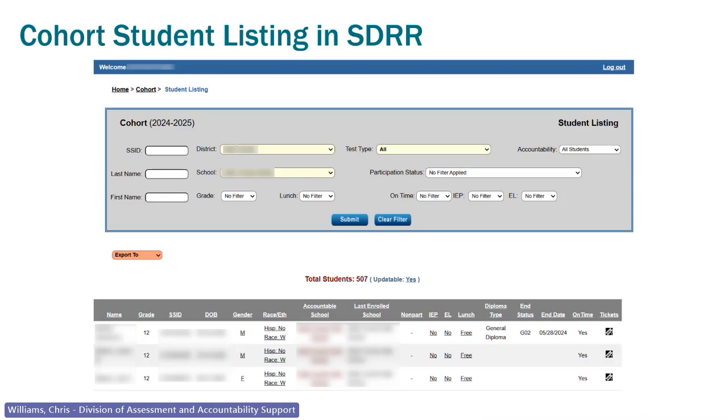Another important thing is your diploma type. Diploma type is going to be another one for cohort that you want to always look at for 4-year and 5-year. And you can filter, if you leave on your student listings just cohort, it'll have both 4- and 5-year. Or you can look at each student listing individually and go into the 4-year and the 5-year cohort and make sure. Another important thing is the end status. Got the right G codes in there. You got the right diploma types. You also got the end date correctly in there.